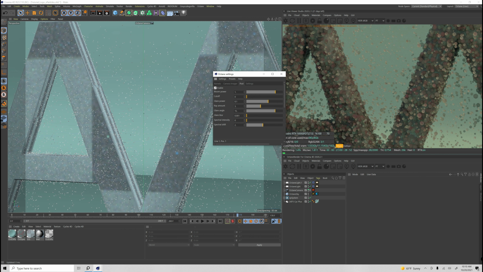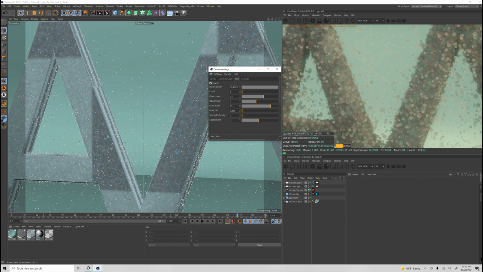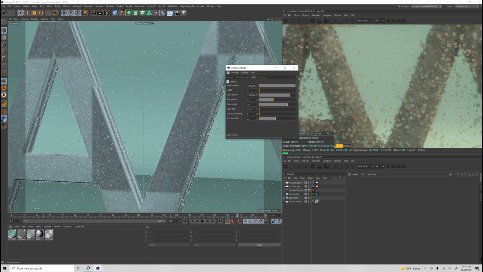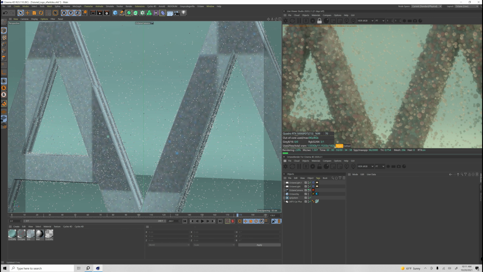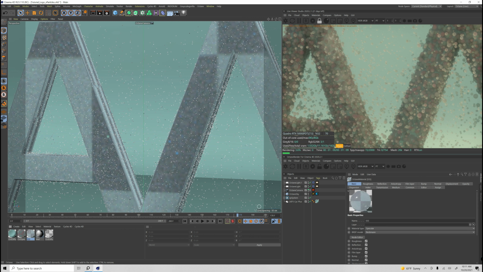Let's go ahead and do the imager. Just give it a little bloom. You can add a little bit of emission on this material to also help sell that glow. Because right now I'm really not even increasing anything. I'm just kind of brightening the scene. So we'll leave that checked for now, but that probably won't even really render out anything because I don't have any real accents or super reflective material. Unless